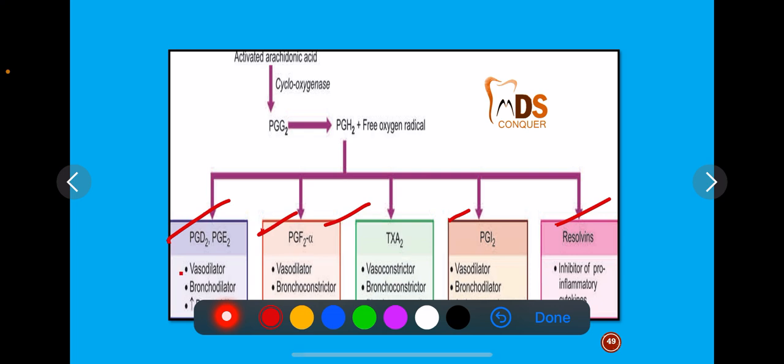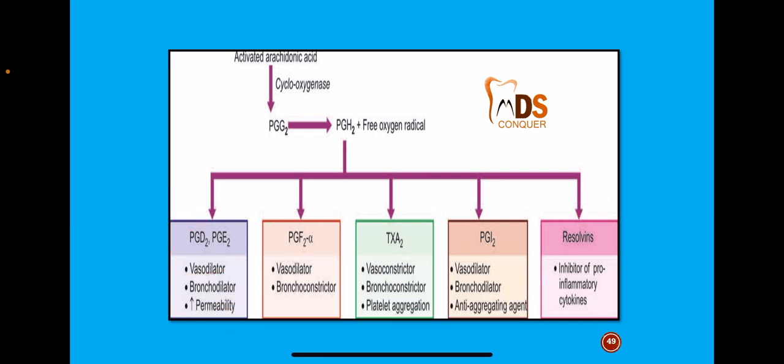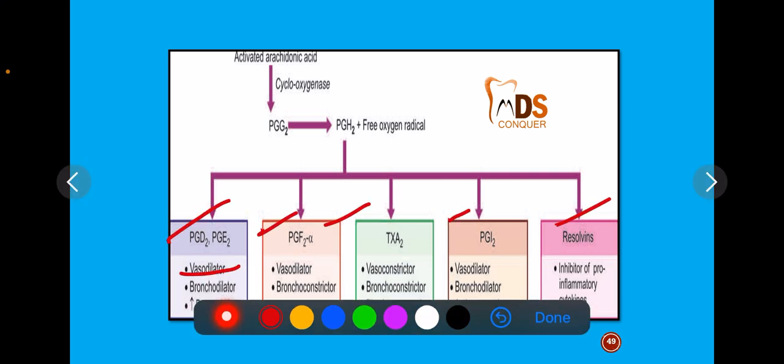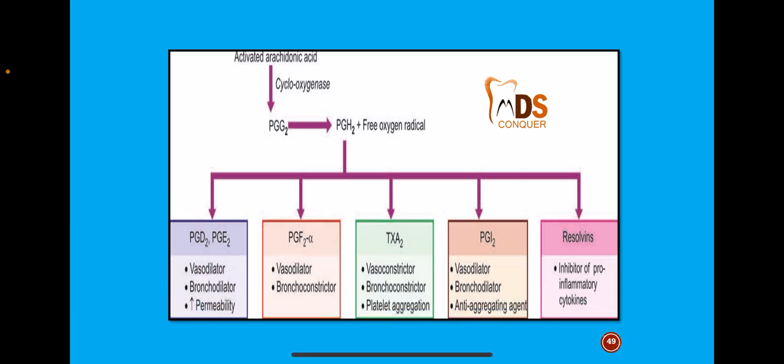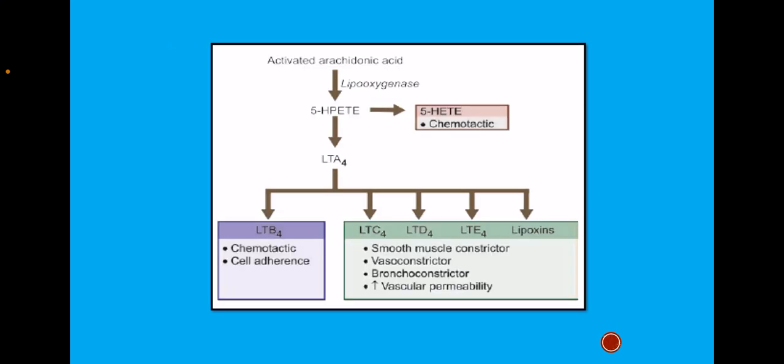Okay, so the functions of the prostaglandins, the types of them, and thromboxane A2. The types, for example they can ask which of the following types of prostaglandin is a bronchoconstrictor, then you have to go for this, that is PGF2 alpha. Okay, so questions can be asked like that, so give a glance to it as well.